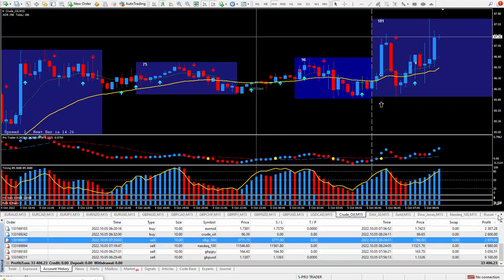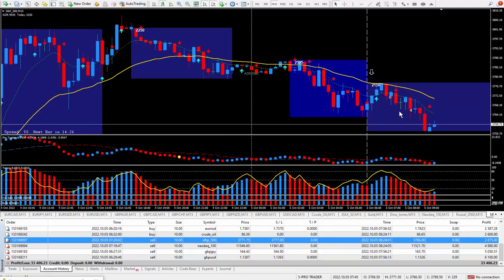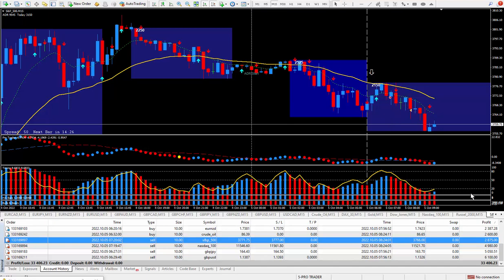Moving on to the next trade, the S&P 500. This one pays $5 for each tick. So I took the money, divided it by 5, and the number that showed up was 57. So I took the trade at this cursor here, closed it out being happy, and there it is right there with the 57. You remove the last digit. Could have made a lot more, 146, but I was happy with 57. Times the 5 times the 10 lots paid out